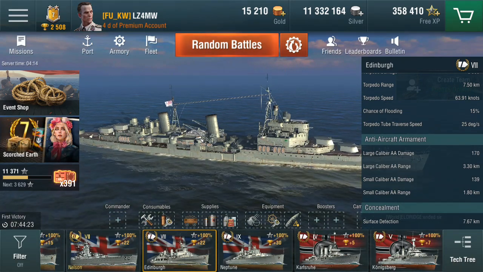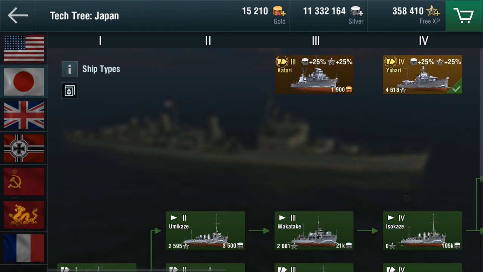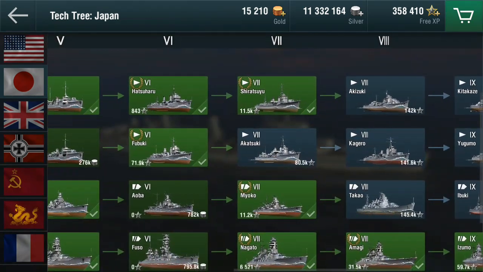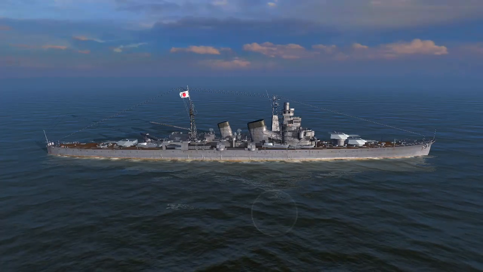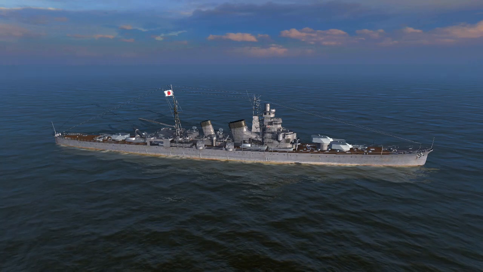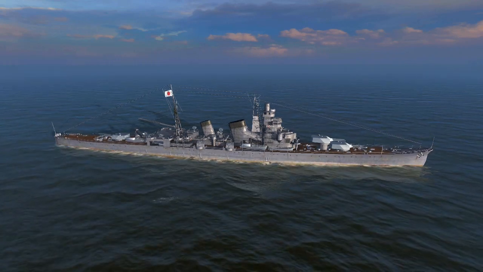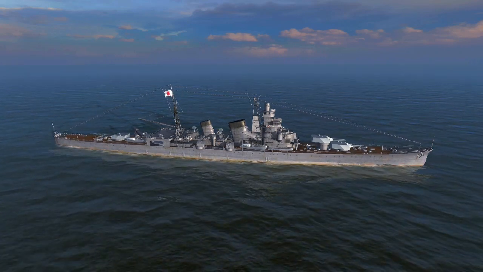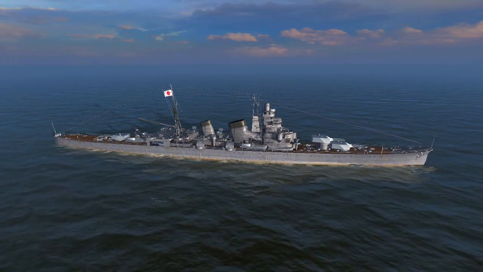Number 8 we have to go into the tech tree for because I sold it, and I sold it because I actually didn't like it. However, for destruction ratio, sitting at number 8, we have the infamous tier 6 Japanese cruiser, the Aoba. Now, the destruction rate for this ship is 1.64, so 0.01 above the Edinboro. 77 ships destroyed, 47 times killed, over 85 battles,